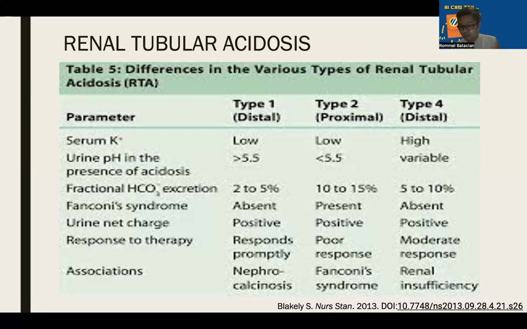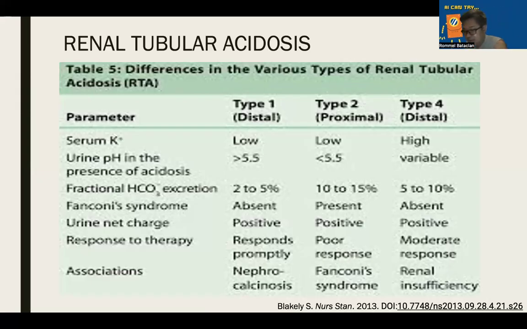For treatment, alkali therapy is also needed, but at higher doses compared to the distal type of RTA. Potassium supplement is also important because it presents with hypokalemia as well. Thiazides can be given to help reduce yung bicarb requirements, but as compared to the distal type of RTA, medyo poor yung response of those with type 2 RTA.